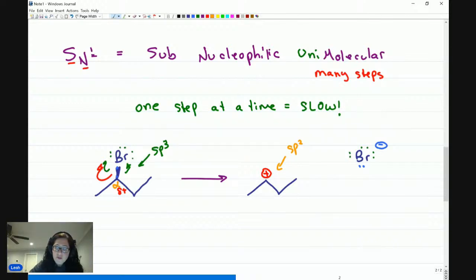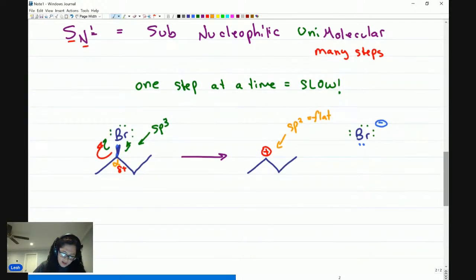So with an sp2 hybridized carbon, it is trigonal planar and flat. That means it no longer has any stereochemistry. And for the next step, if I have a nucleophile come in and attack, it can happen from the top or the bottom. So let's look at the nucleophile really quick. If I'm looking at a molecule that is a nucleophile, it comes from the word nucleo, which is nucleus, and phile, which is loving. A molecule that loves the nucleus, if the nucleus is positive, this molecule will be negative